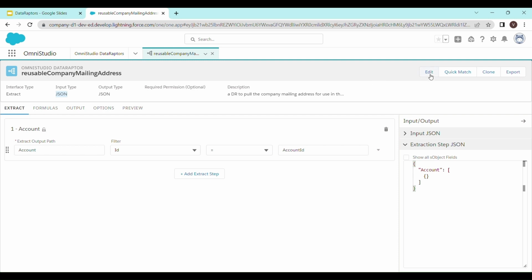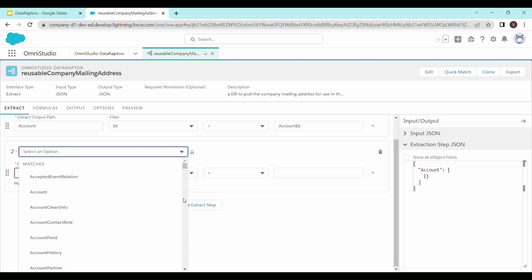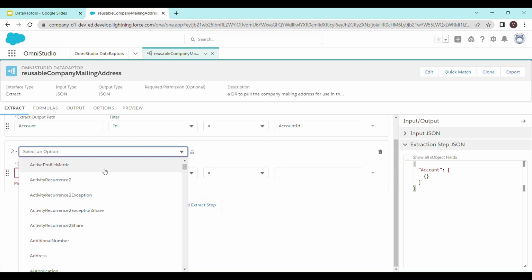On the top, we have some action items like edit, quick match, clone, and export. Let's not go deep into these actions right now. Let's focus on the various tabs that are provided in the designer. So we have extract. That is basically if you add any extract step, it would ask you to select an object from the list given below. Once you select any of it,